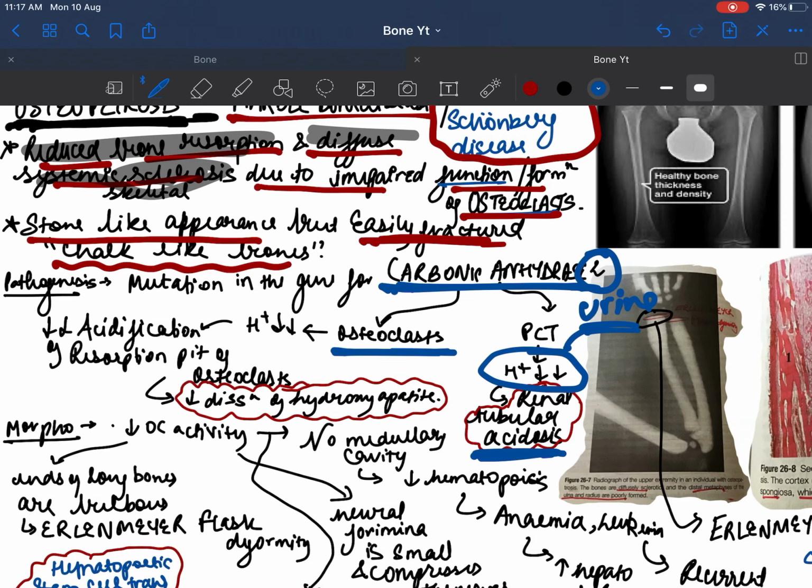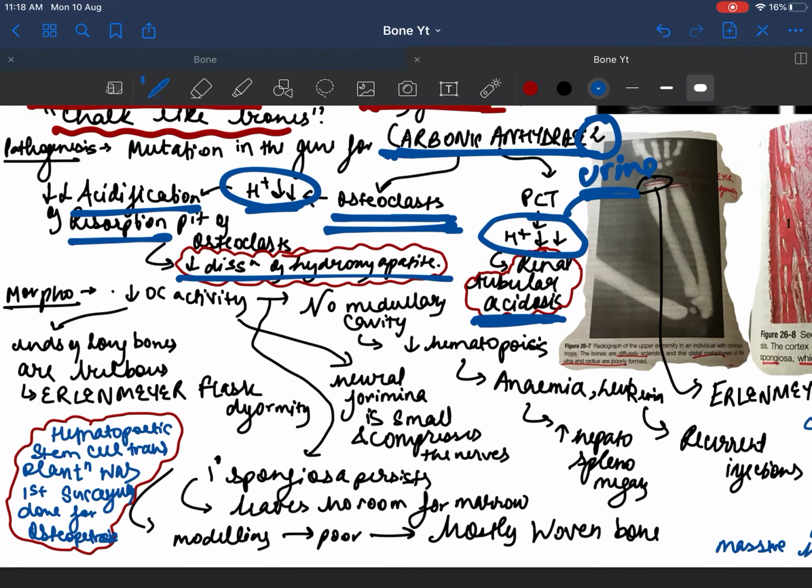They have to make an acidic environment so that calcium can easily be secreted out. In an acidic environment, calcium always comes out of the bone, and in an alkaline environment, calcium always deposits into the bone. So that's why it's easy to understand why alkaline phosphatase is required in bone formation: because it provides an alkaline medium, and an acidic medium is required for bone breaking. So osteoclasts require H plus, but if H plus decreases, there will be less acidification of the resorption pit, and it will lead to less dissolution of the hydroxyapatite. That is, less resorption of calcium and phosphate will take place.